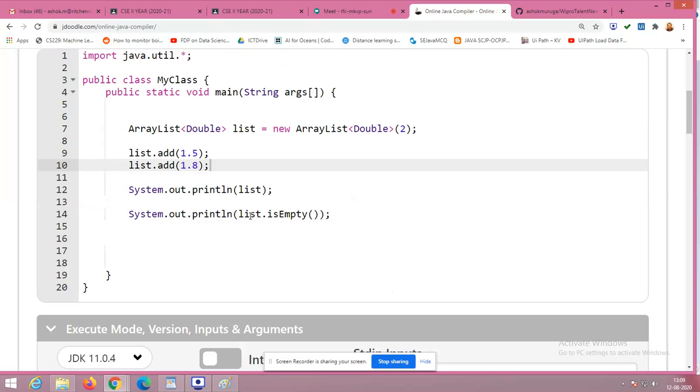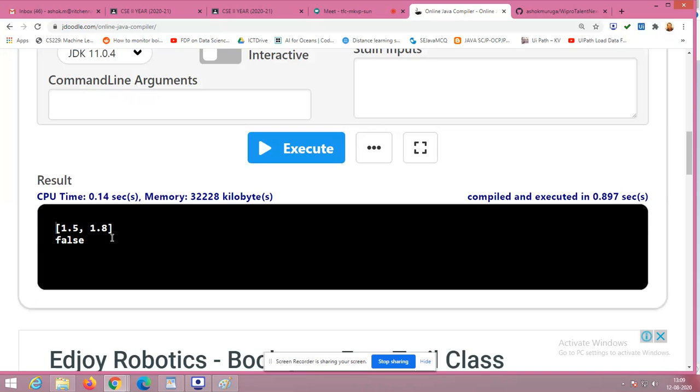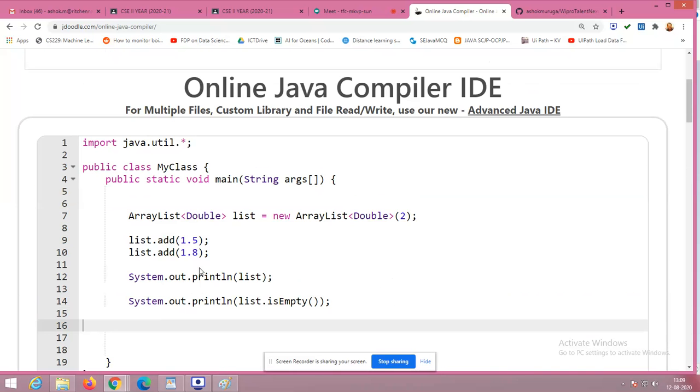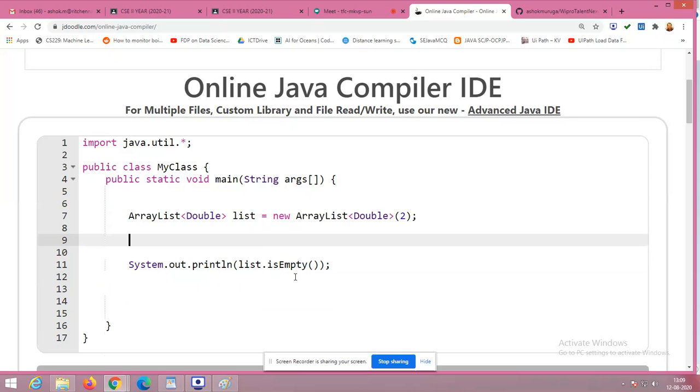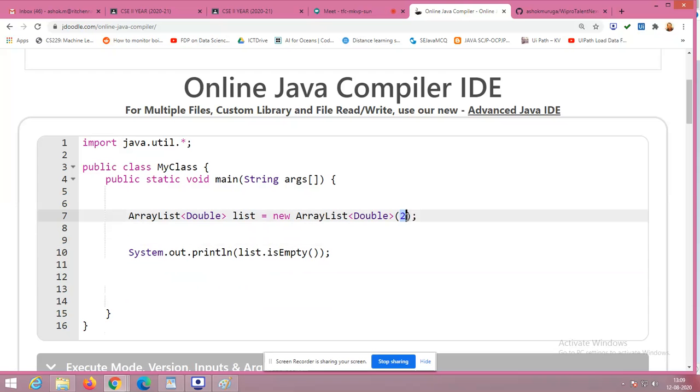See, we checked whether the list is empty. Now it is not empty, because we have filled it using 1.5 and 1.8. It states that it is returning false. Right, so this is the way of learning the content. Okay, so that is the idea that I want to bring here about this isEmpty method.